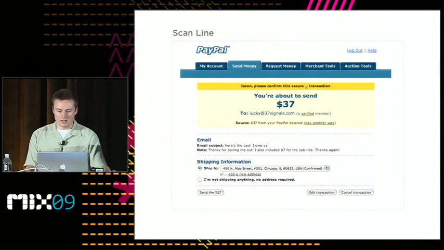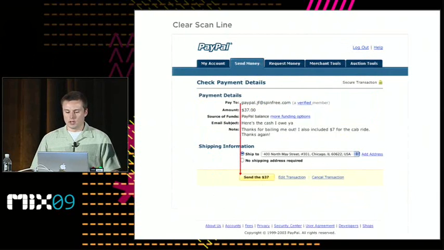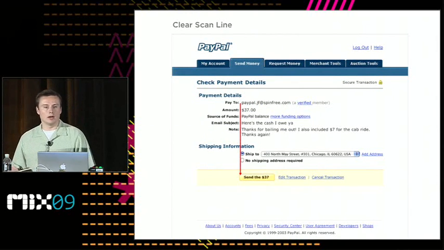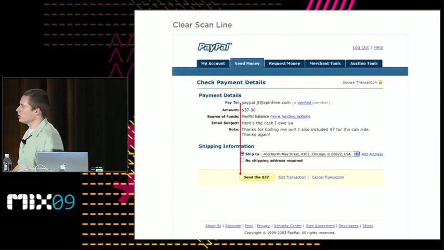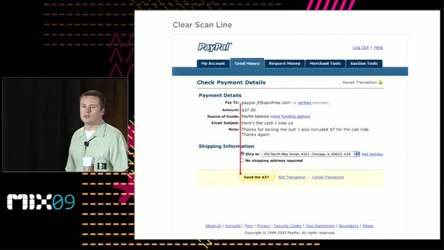So this is about as simple as it can get. You're literally manipulating 2 radio buttons and a drop-down and then hitting a button. But you're about to send $37 to this person from this source with this email subject to this address, hit the button. Right? Compare that to, you're going to pay this person $37 from this source with this email subject, ship it to here, and there's a big honking yellow button at the bottom. There's a real clear flow of information from the first thing you have to consider down to the last thing you have to consider, and things aren't